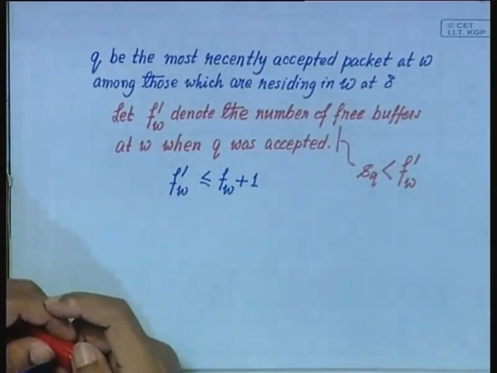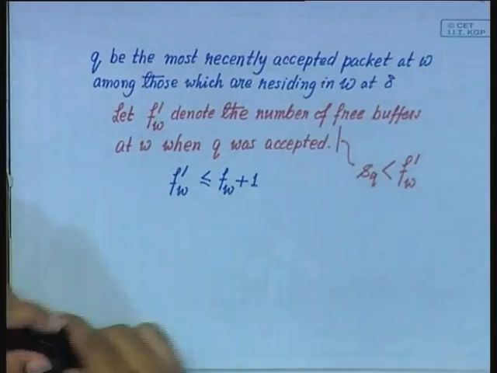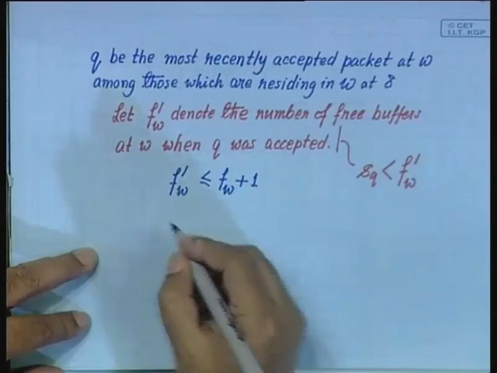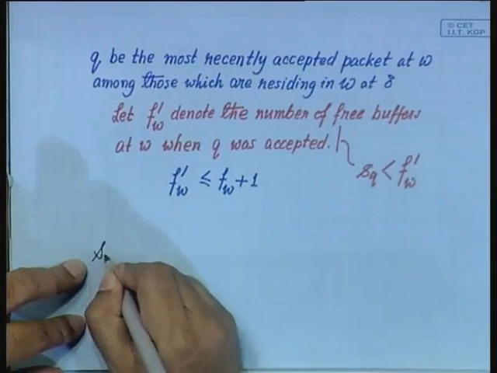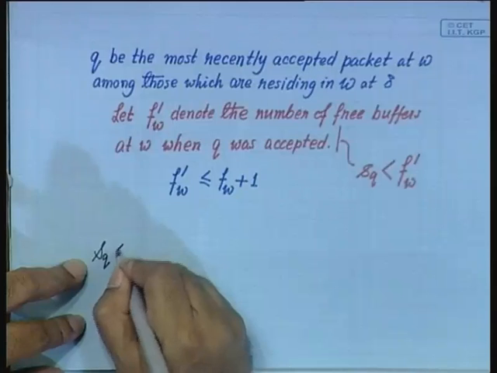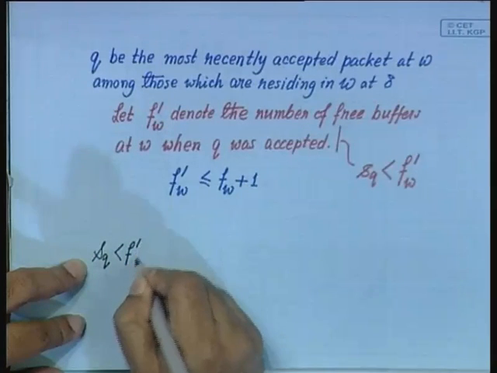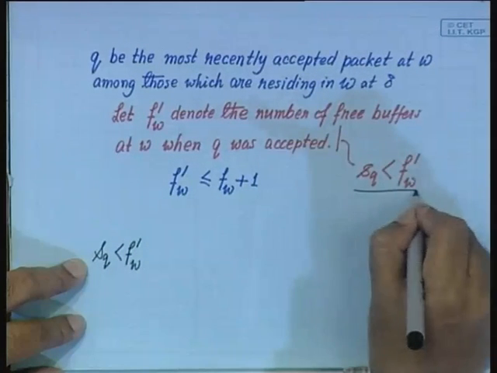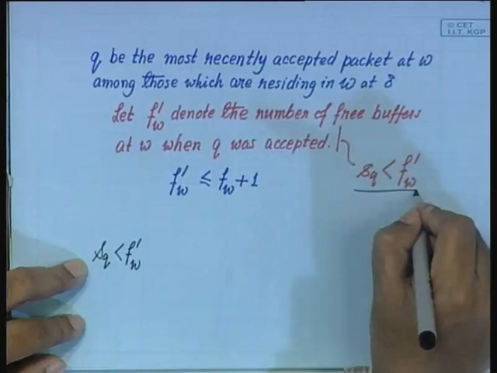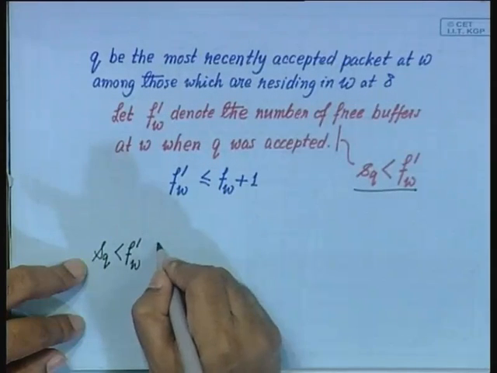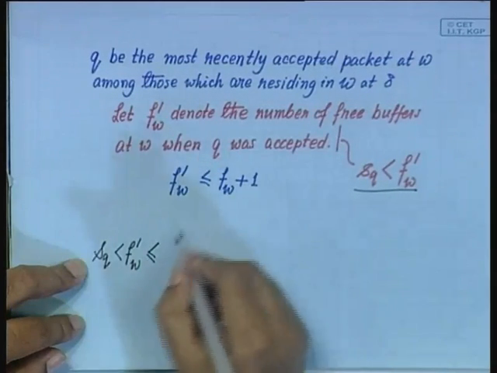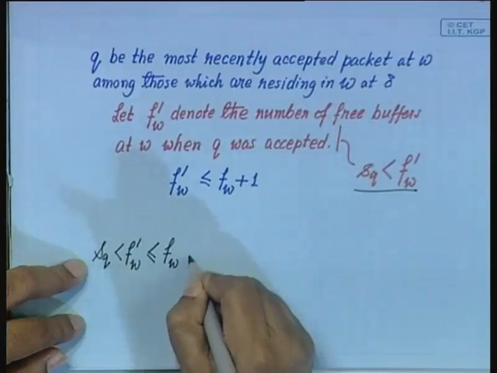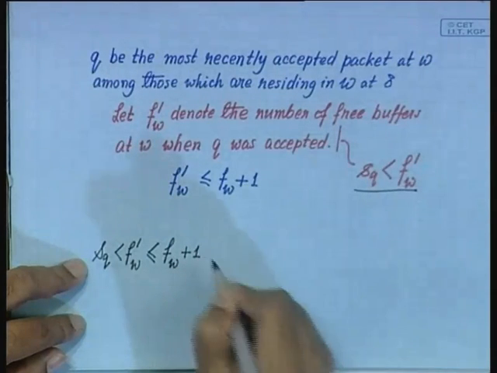Now let us concatenate all of these and see what we get. We get SQ less than F dash W, and then we got from here that F dash W is less than or equal to FW plus 1,